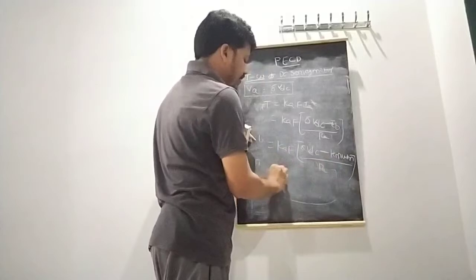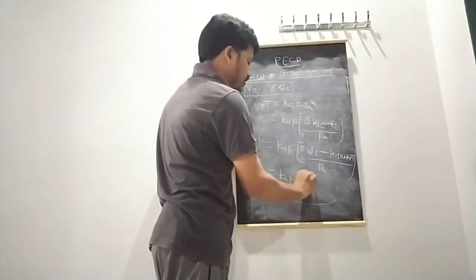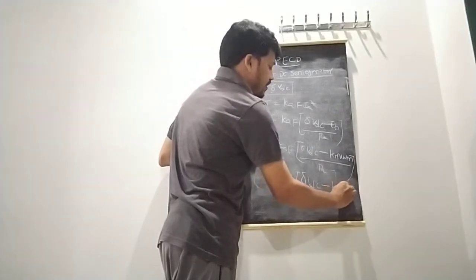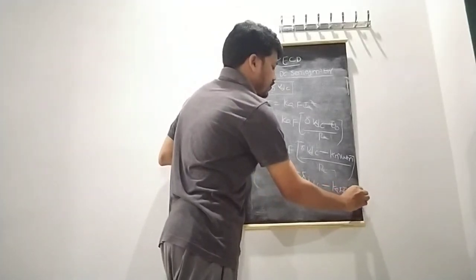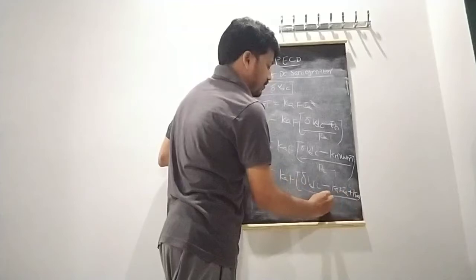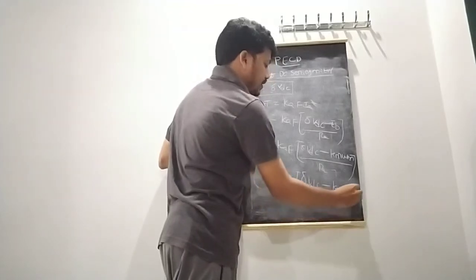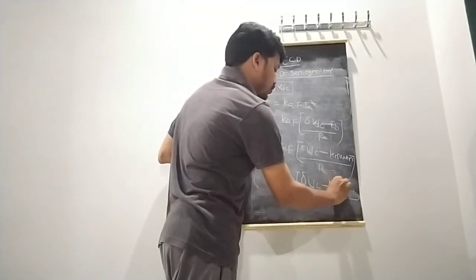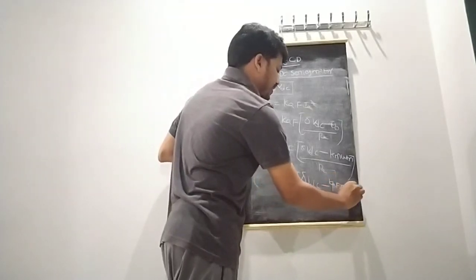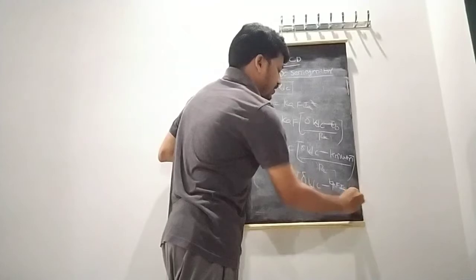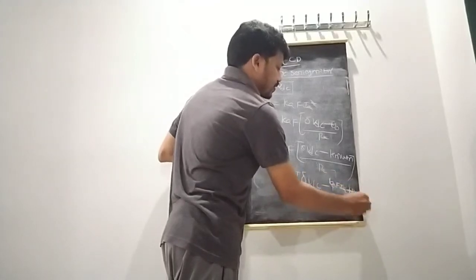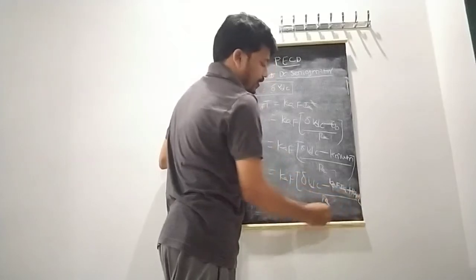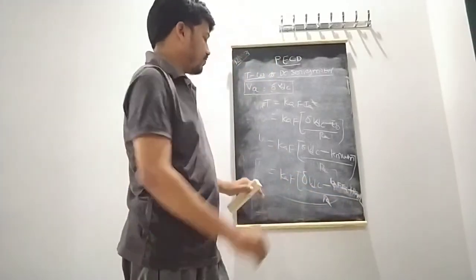What is omega? Finally, what equation did we get? Delta VDC minus Ka Kf into Ia plus K residual by RA. Is it clear? I think this is Ka Kf into Ia plus K residual into omega m, because Km is replaced with Kf into Ia plus K residual into omega m by RA. So this is the final expression for the torque and